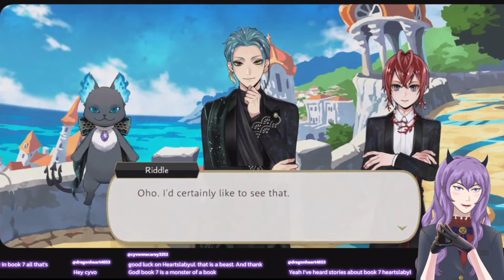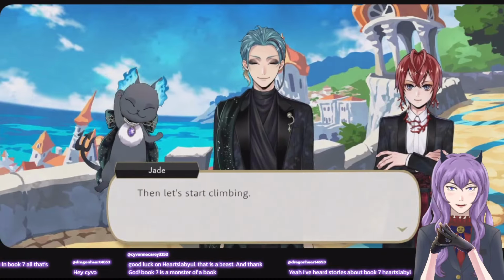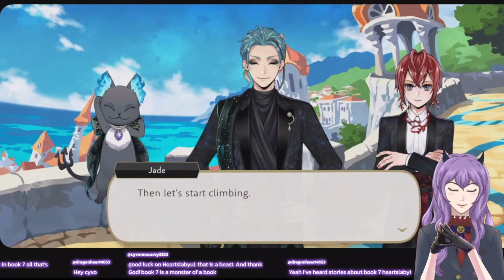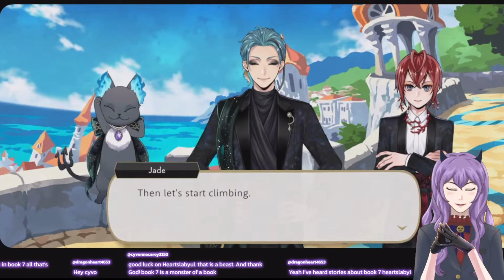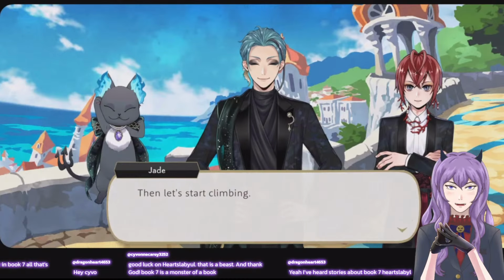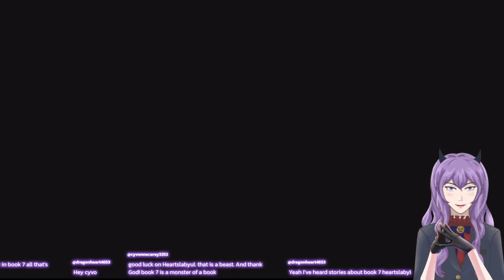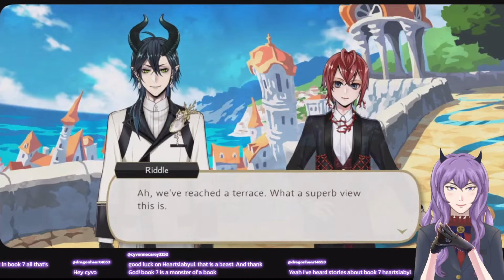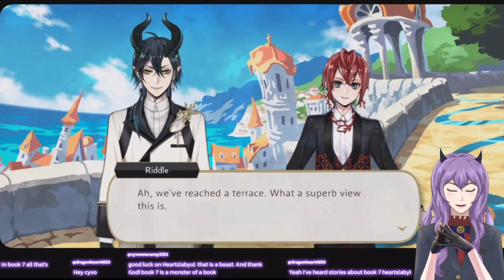More stairs. We're gonna be climbing a lot of stairs, you guys. It's gonna be on foot. Let's start climbing. Yeah, look at Grimm's bow. It's so cute. I'm glad he has it back. It was definitely missing when we first saw it, but it has returned to him. We reached a terrace.